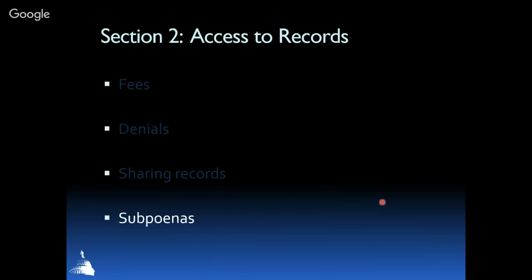And then subpoenas. Subpoenas and other methods of discovery are not GRAMA requests, and that's a stumbling point, and must be processed completely differently. A subpoena is a judicial process, and a GRAMA request is an administrative process. A person can request the same records under both processes. For example, a requester may submit a GRAMA to the police department for records on their case, and the police department may have responsive records to that requester that the lawyer has not found pertinent to the case, and so therefore would not be in the lawyer's file, but would be at the police department. And as long as there aren't any restrictions, you can go ahead and provide those records to the requester under GRAMA.